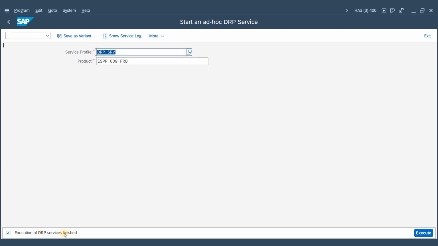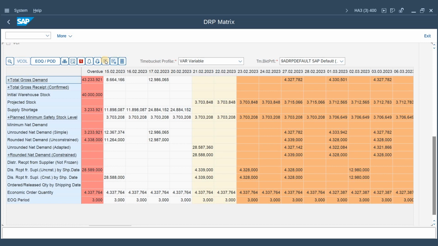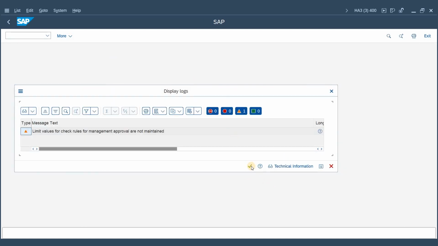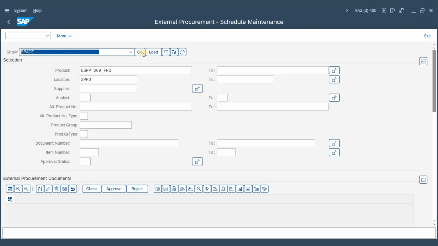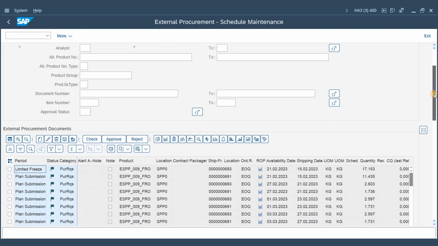We see it on the information on the left corner. And if we go now to the schedule maintenance board, we hopefully will see that the demand is still the same amount, but now is split into two different vendors.